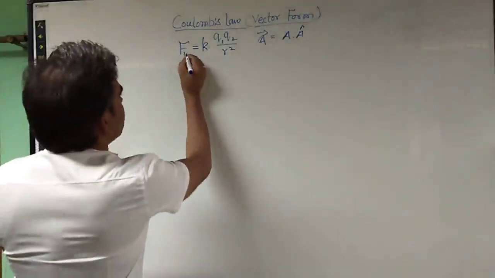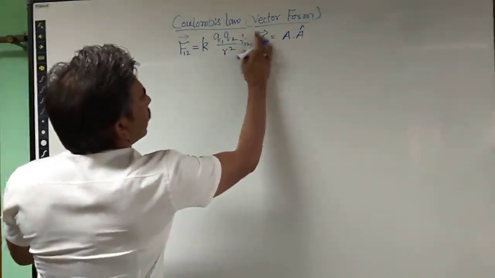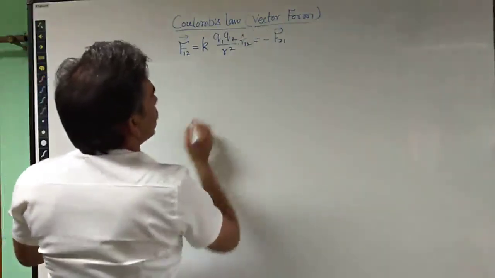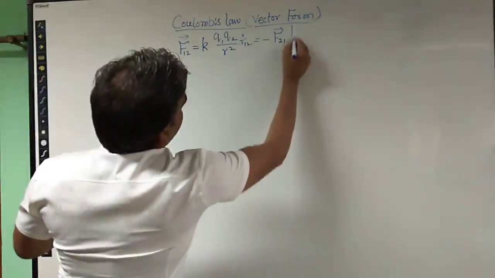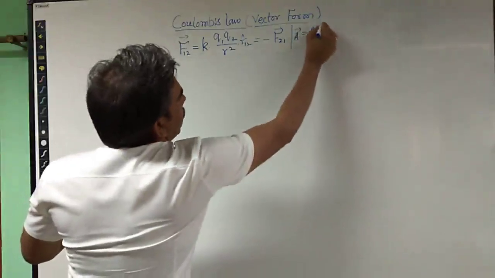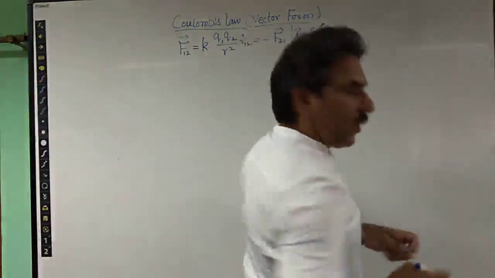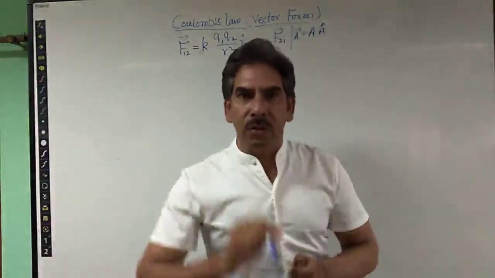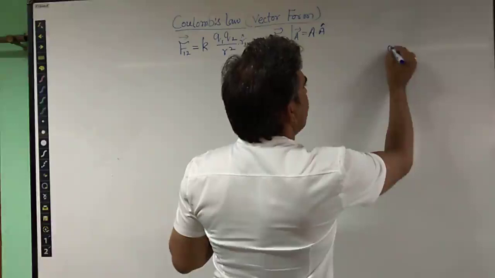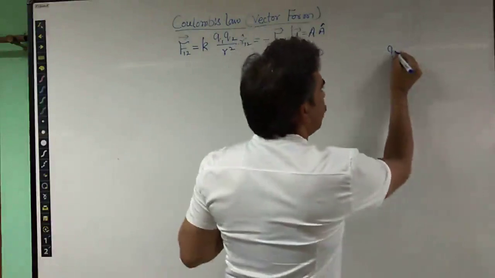So I can just write the vector form here as we had just written it, R12 cap, which is equal to minus F21 vector. And how do we write the magnitude? As a vector, A is equal to A, the magnitude of A, into its unit vector, just for reference. Okay, so let us take two charges. First, we take the charge who is exerting the force. So in the first case, we have charge Q1 who is exerting the force. You can give it any other name, Q1, Q2, whatever name you feel easy to remember.